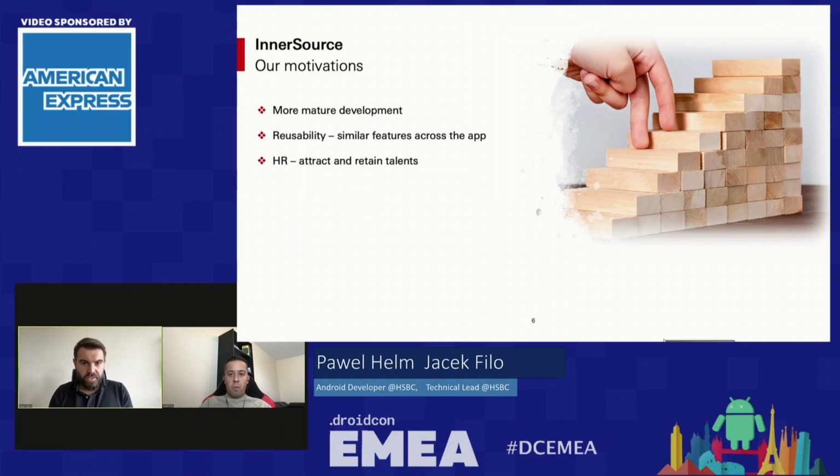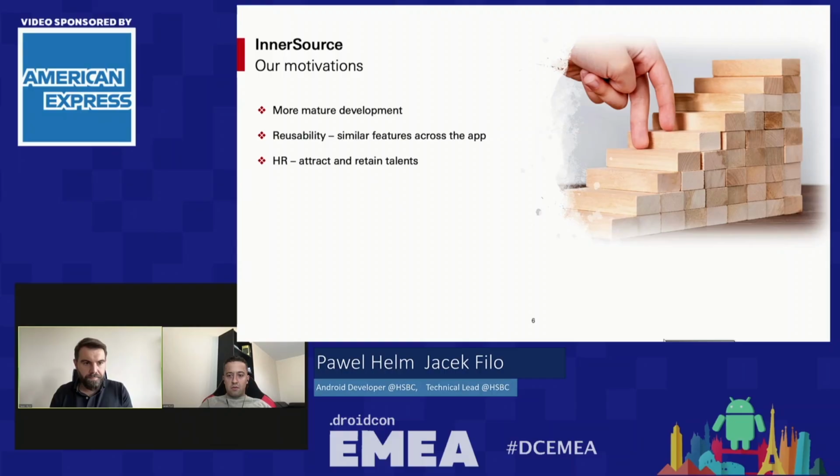We wanted also to make our code more reusable, so that we no longer have to solve the same problems over and over again. Because as you can imagine, each banking application has a similar set of functionalities, such as accounts, cards, authentication, login, etc. Our aim was to create each feature only once and adapt it to all applications which